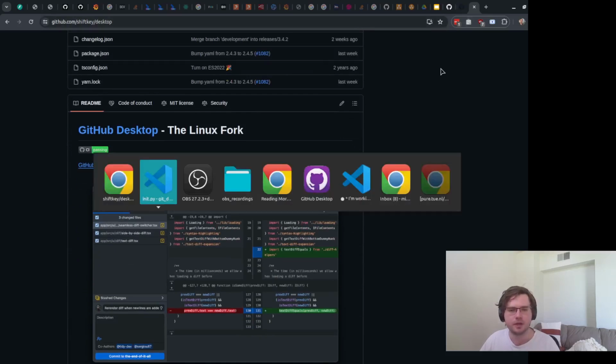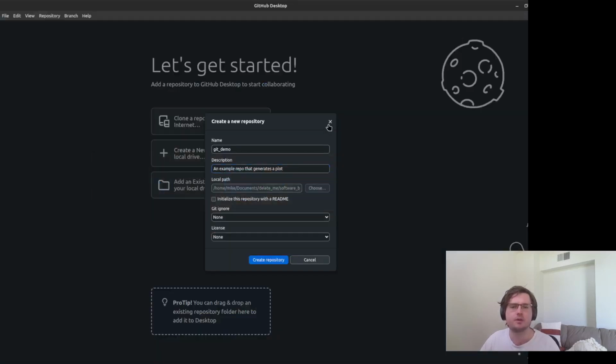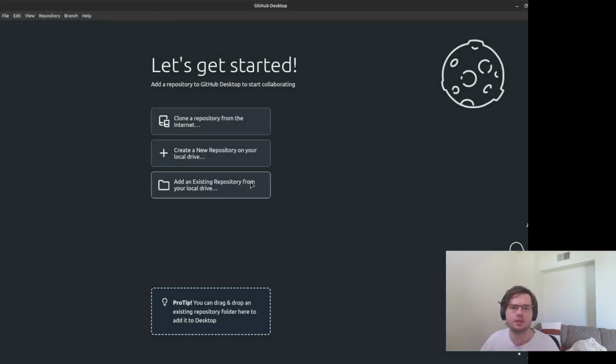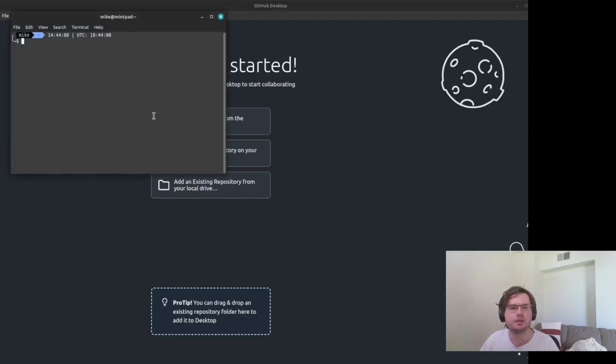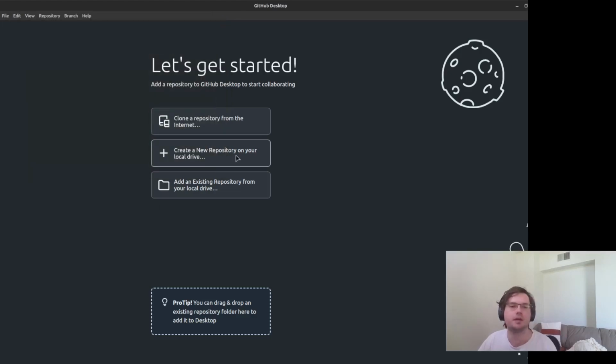So after you've downloaded it, all it is is a graphical user interface. So you can see that it is a regular program like you would use in any other. You may have seen in the past that some people will use a command line, so something looks a little bit like this, and they manually type in commands. That's something you don't need to do anymore with Git if you don't want to, because some clever people have set up this application to allow you to do that.